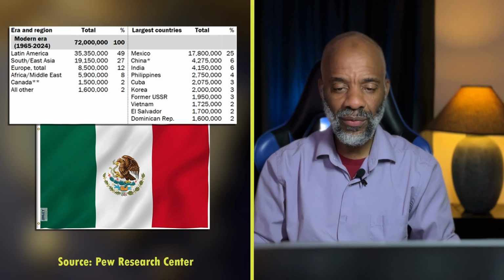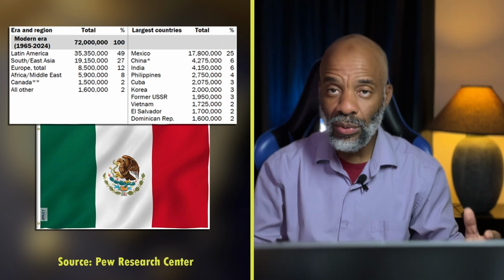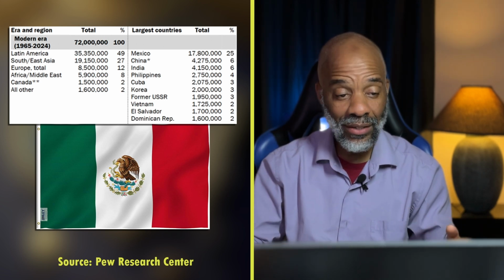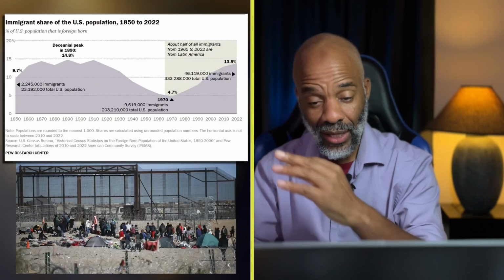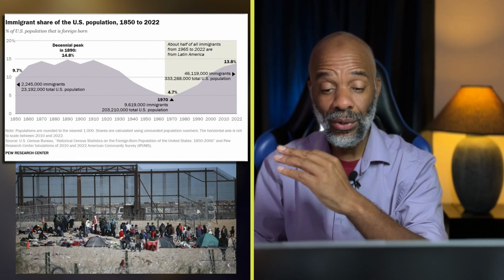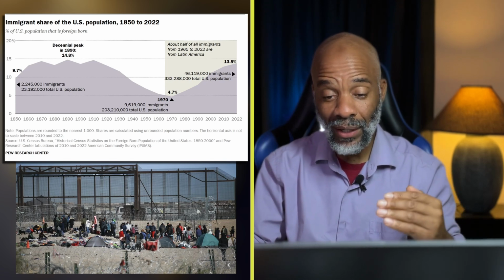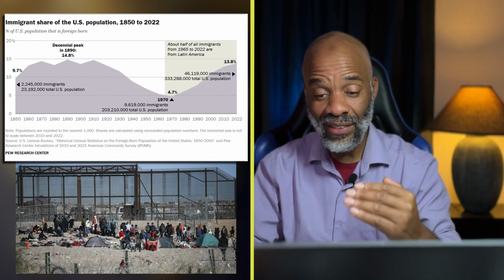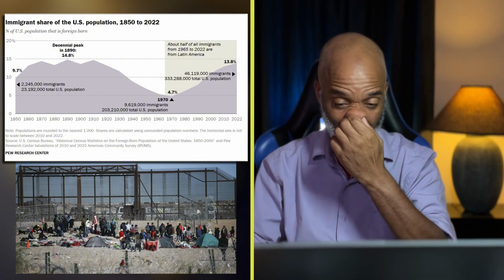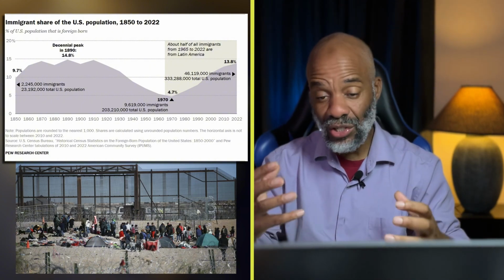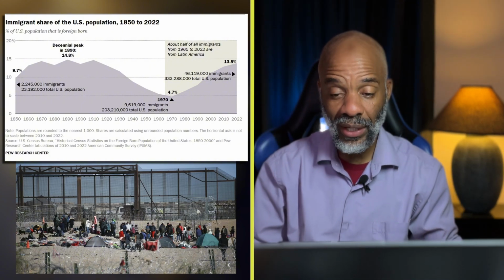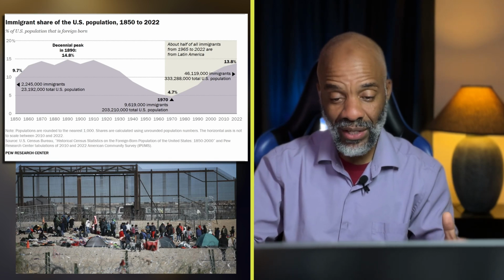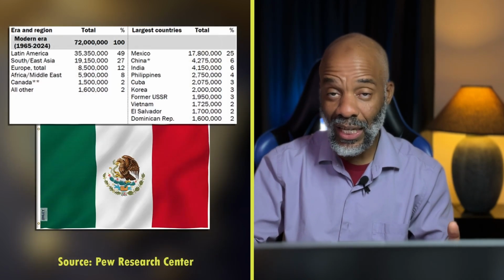1965 to 2024, Congress changes a law that opens up immigration in this country, and as we saw, boom, immigration really, really, really started to go up and up. It's been going up since 1970, as you can see there, in terms of the ratio of immigrants to the population, right? And now we have 47 million immigrants in this country.